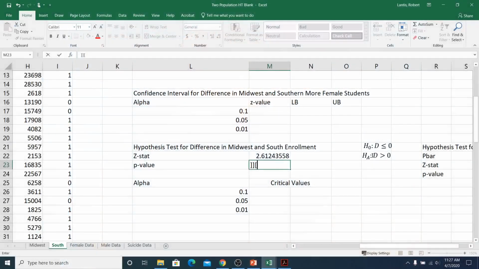So how do I do that? Well, I now know the z-value and I want to find the area to the right of it. Well, I have an equation in Excel that'll tell me the area to the left. And if I know the area to the left of a z-value, the area to the right would just be